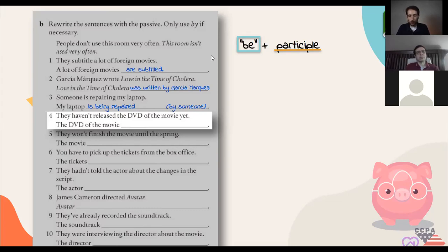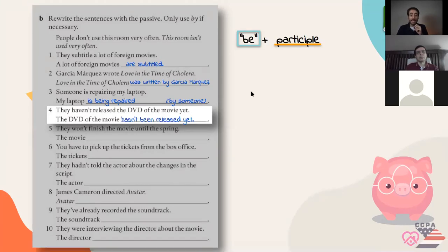No ideas for this one, apparently. Okay, let's repeat the answer. Hasn't released, says Robert. Almost, close. Thank you, Fidel. Exactly. Hasn't been released. Don't forget, Robert, we are supposed to use a version of be, right? So hasn't been is the present perfect version of be, and then the participle version of the other verb, release. Hasn't been released yet. Awesome.